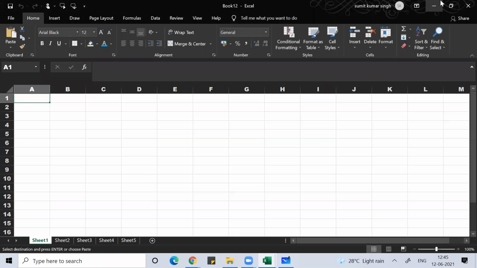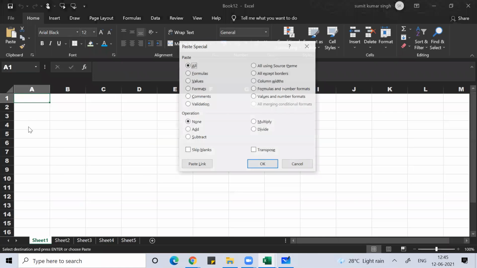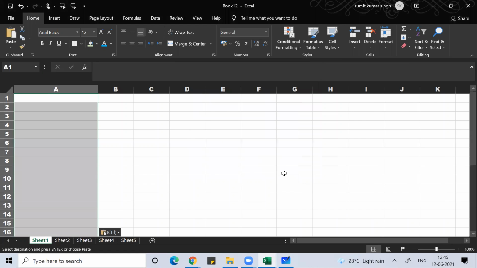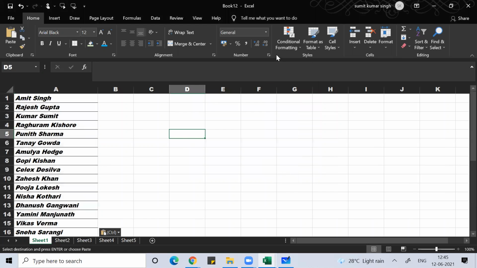So before you paste, go to paste special and click on column width. Column width will increase the width to the required size. Control V. So here I wrote the names. What Bhagwan has asked me is, sir, if the names are in small letters or capital letters or in any other form, how to change that?